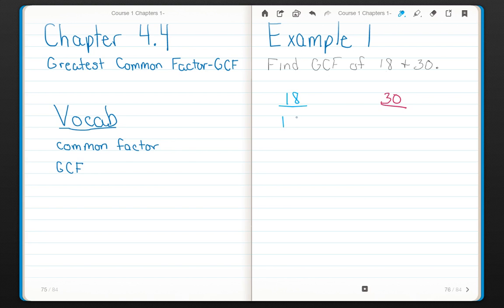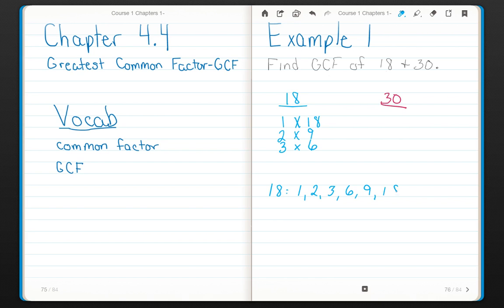So 18, I have 1 times 18, 2 and 9, 3 and 6. 4 is not a factor, 5 is not a factor, and now I'm back to 6, so I am finished with my whole list. So if I were to list them, the factors of 18 are 1, 2, 3, 6,